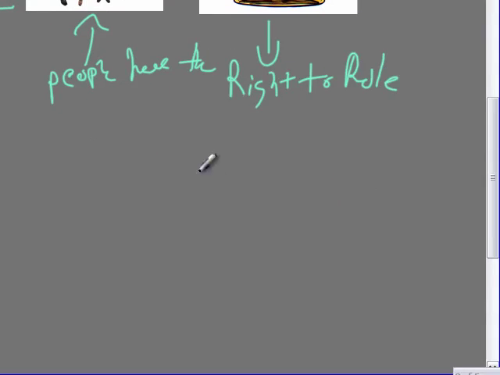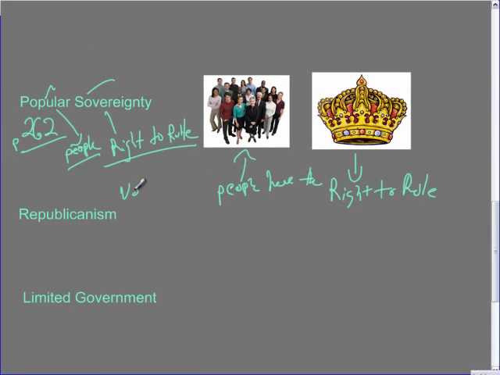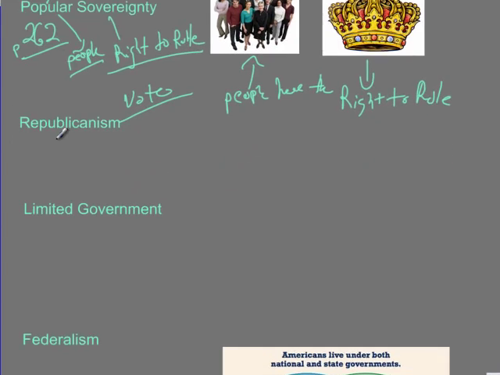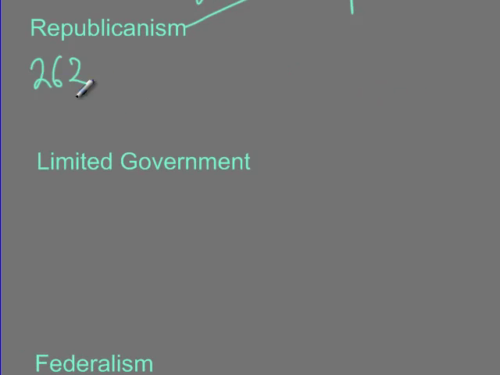They are the kings. They are the people in charge. This is where our right to vote comes from. This is how people have a voice in the government. People have the right to rule. In our government, we also set up the second principle of the Constitution, which was republicanism, also on page 262, and